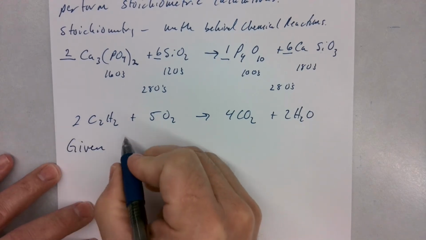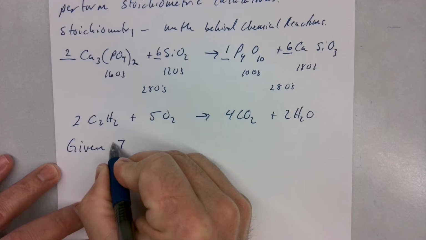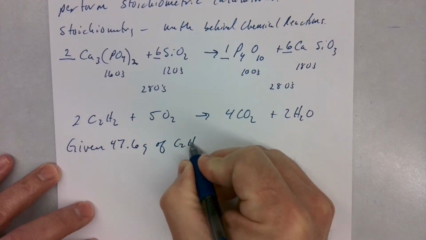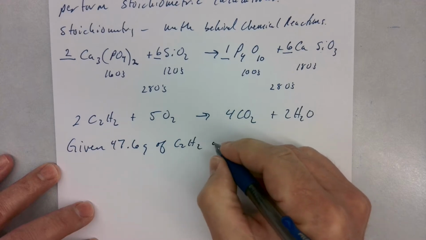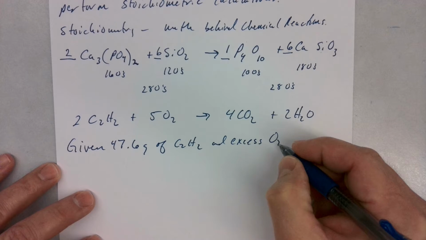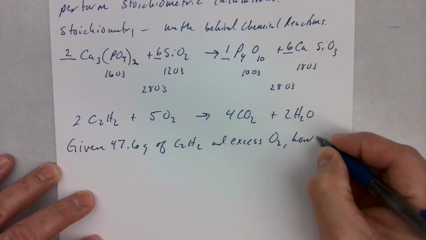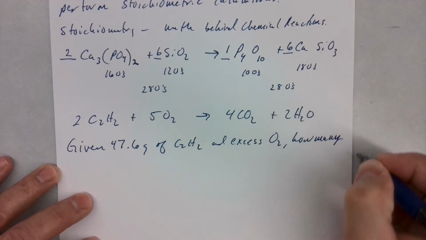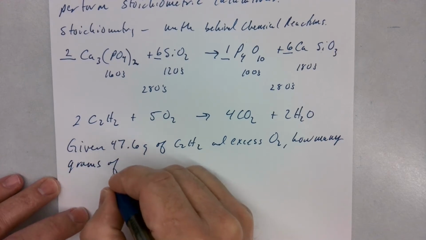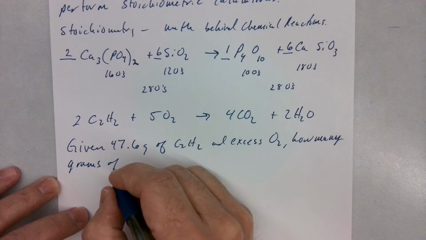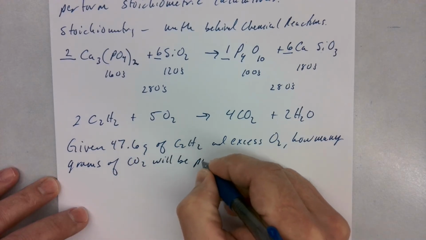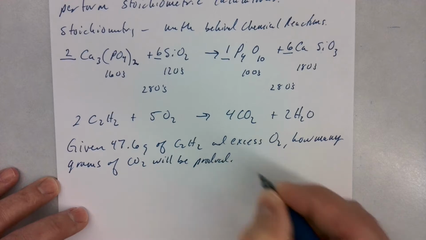Given 47.6 grams of C2H2 and excess O2, how many grams of CO2 will be produced? Okay, now,